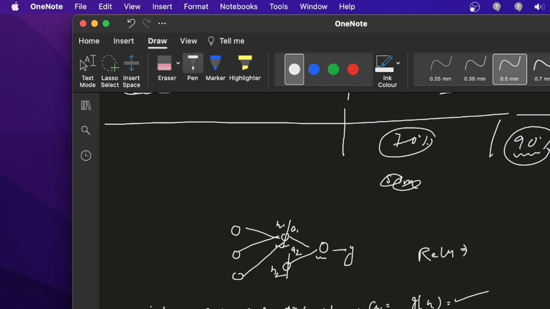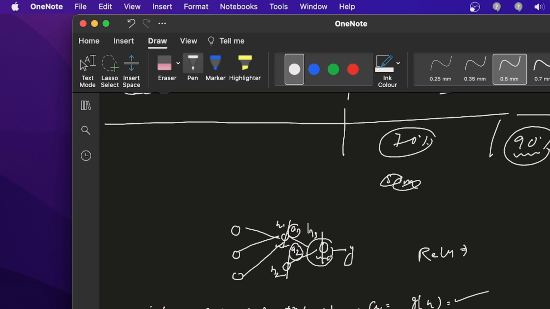Again you pass A2 through the network. Now A1, A2 behave as the input for this neuron, and you will get H3. H3 is A1, W6, A2, W7 plus some B, and this is your hypothesis.